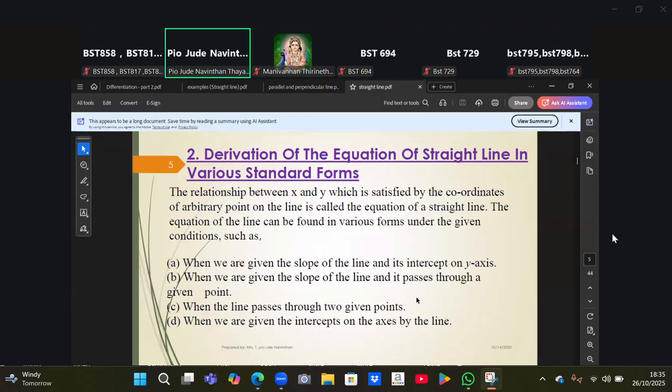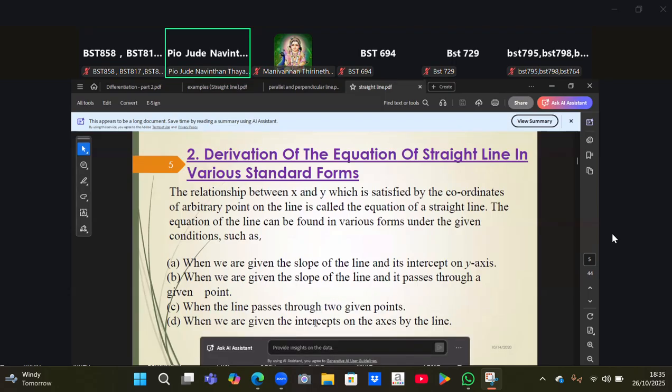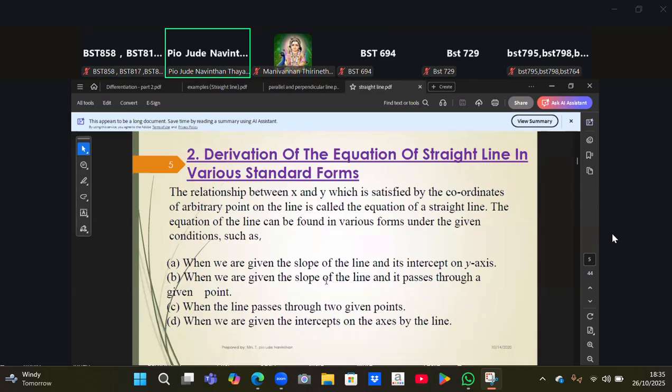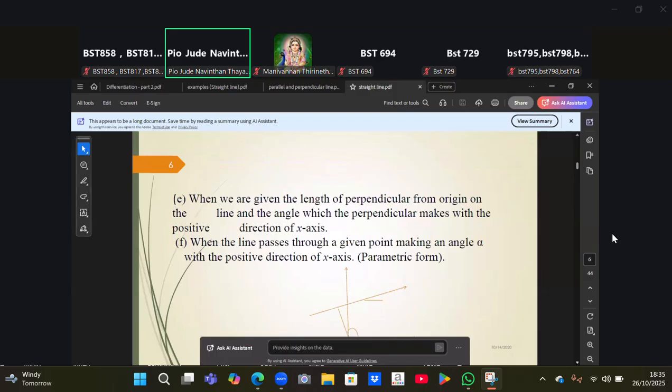Yes. If it cuts the y-axis, there will be a point. If it cuts the x-axis, another point is there. If we consider these 2 points, automatically we will come for the C. If there are 2 points, we can find the equation. Okay, the other thing is, right,